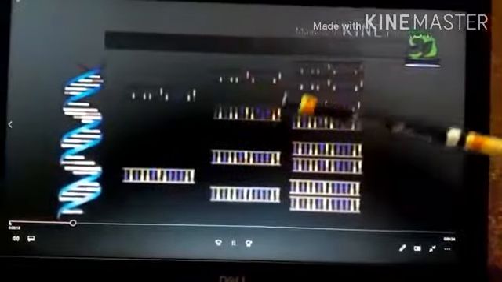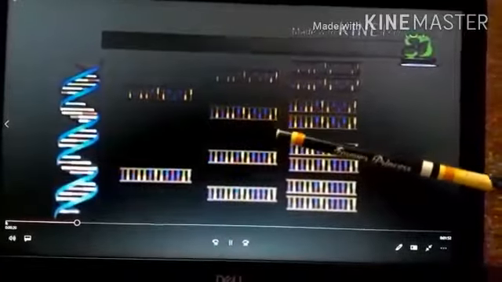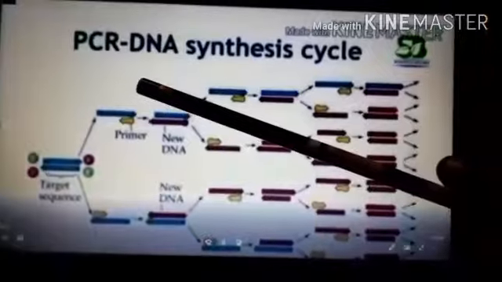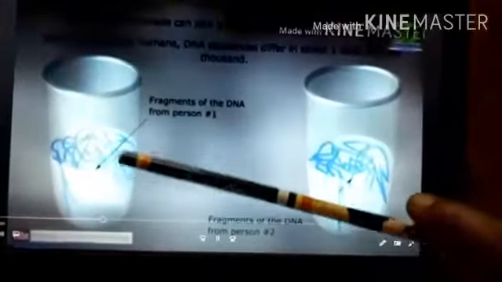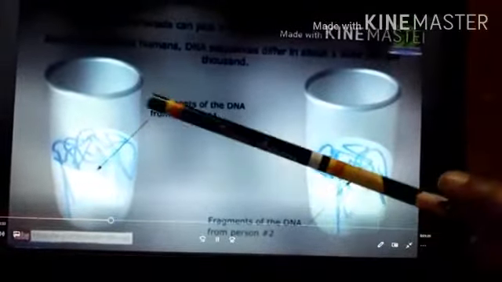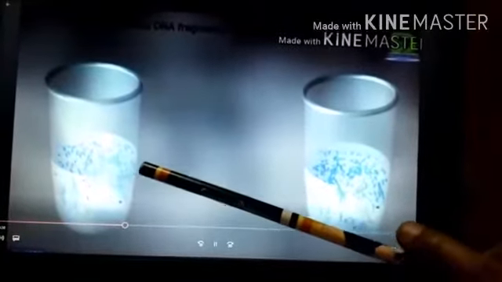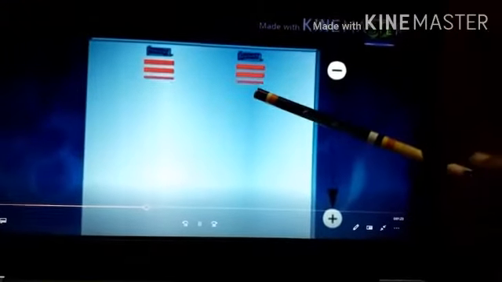Sometimes a small amount of DNA will be used for PCR reaction, that is, polymerase chain reaction will occur in fingerprinting. Next process, cutting, sizing and sorting. The DNA is cut with restriction enzymes. So many fragments are produced. Then the fragments are separated based on their size. Then they are sorted by agarose gel electrophoresis.